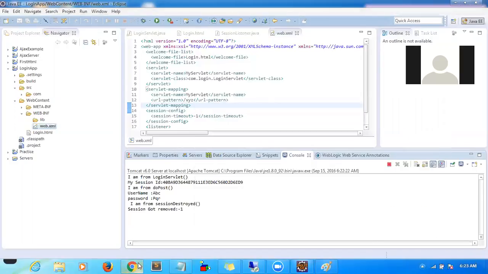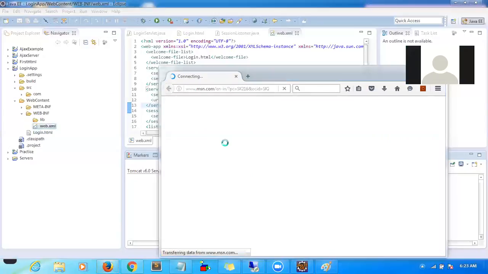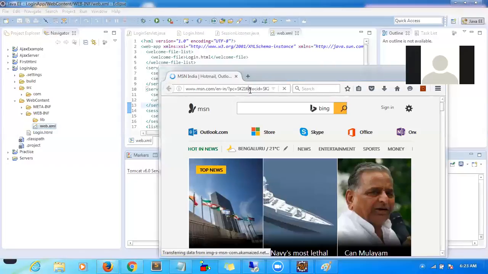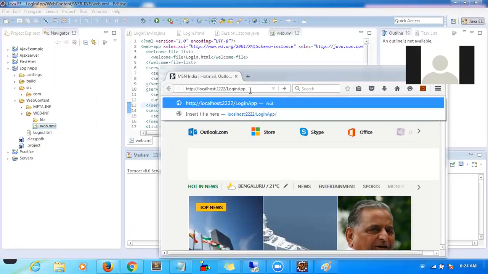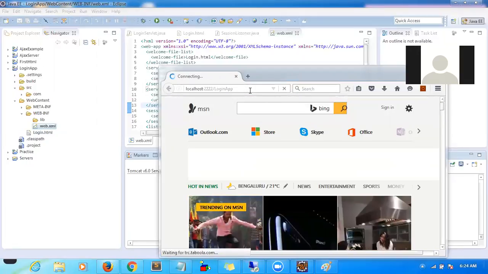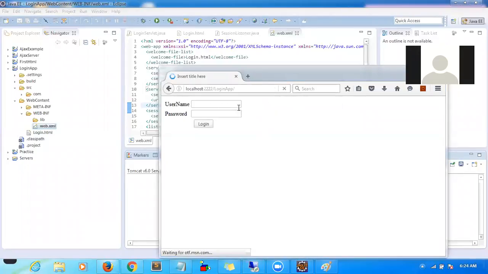Okay, let me use Firefox. This is a new browser, a new client, so there is no session in this browser. He is trying to log in for the first time.